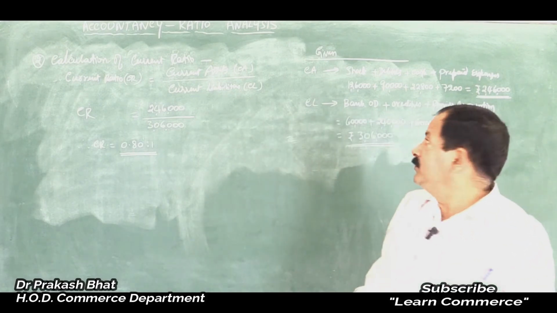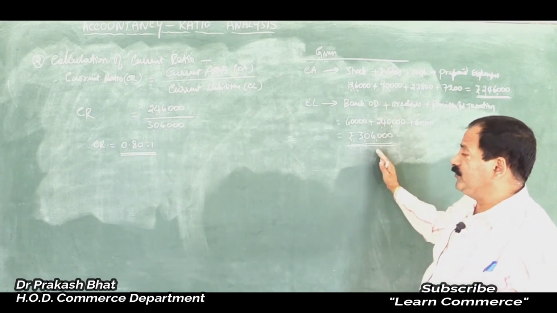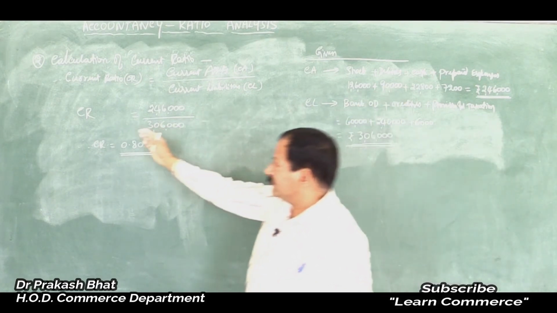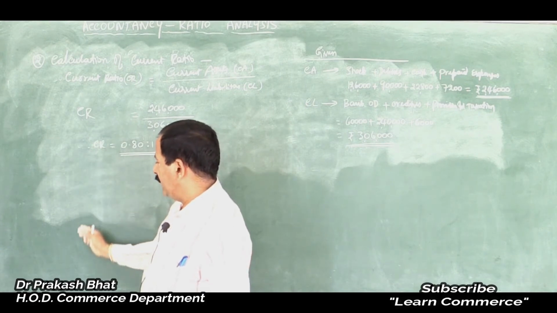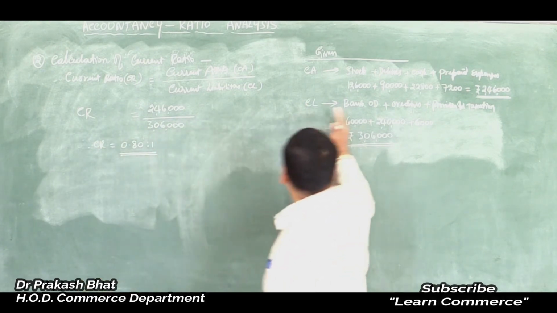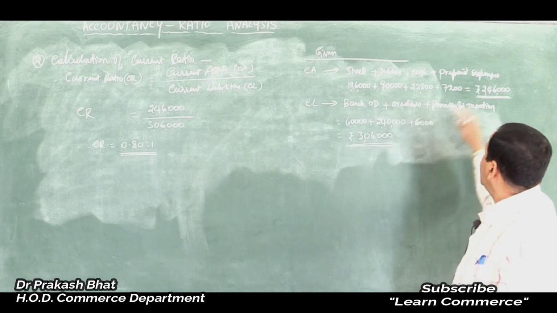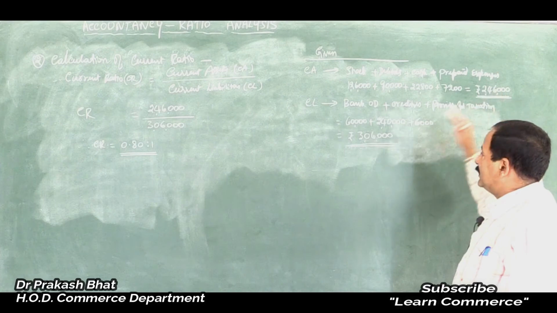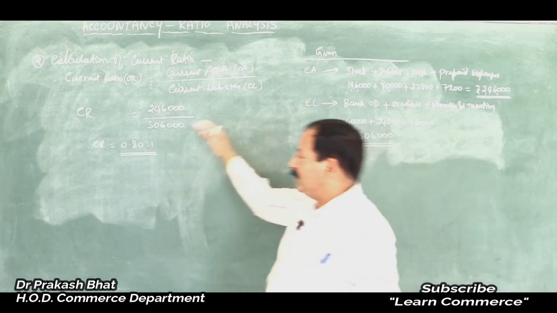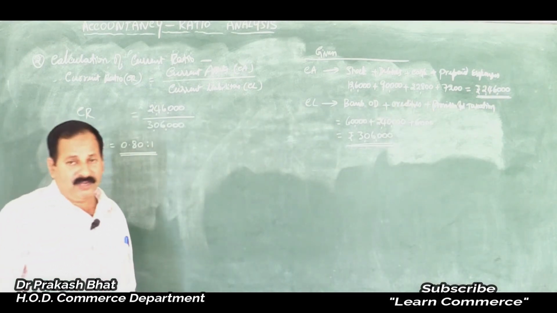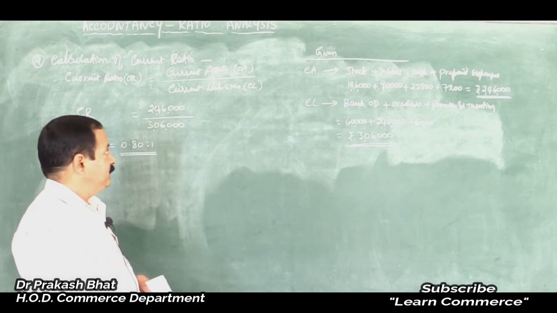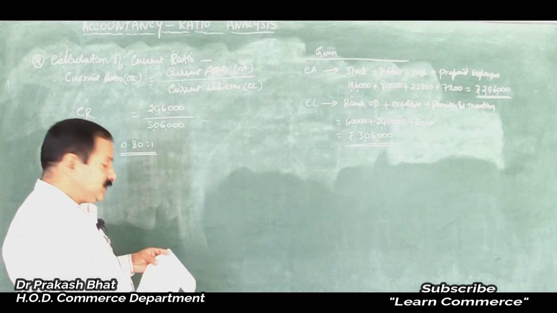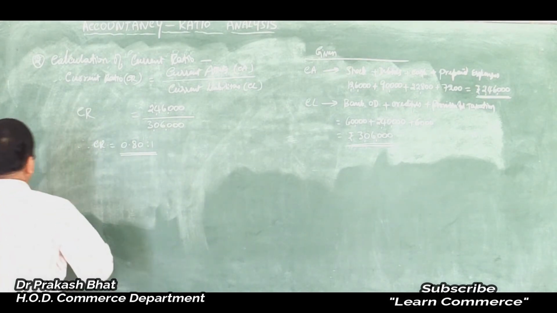Yes, this is what you have to do. So you have to do the calculations here, then solve there, or you can write straight away here itself, one by one. This is the best way, because you will have a clear picture of what items you have taken and what figures total you have calculated, and you simply substitute in the formula and get the answer the correct way. So better follow this method, right? Yes.